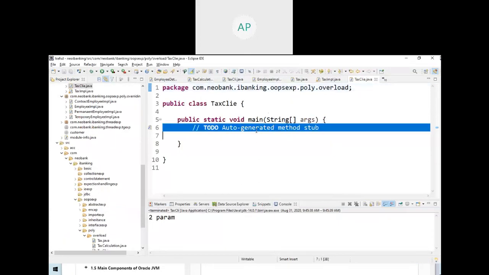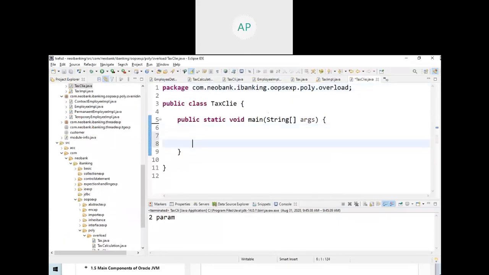So create an object for TaxImpl. TaxImpl equal to new TaxImpl.